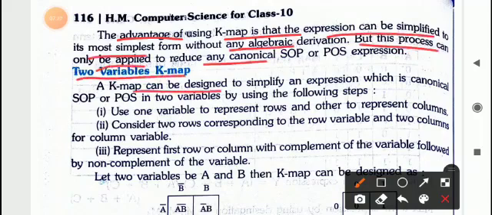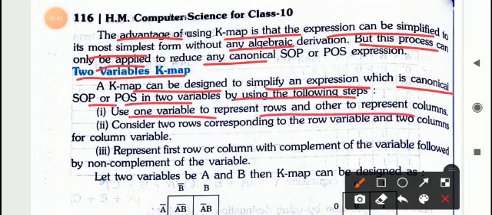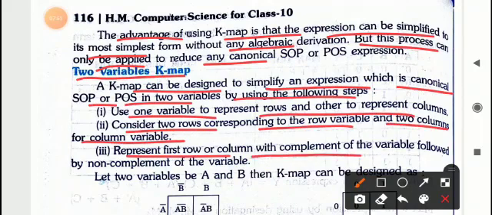A K-map can be designed to simplify an expression which is canonical SOP or POS in two variables by using the following steps. Use one variable to represent rows and the other to represent columns. Consider two rows corresponding to the row variable and two columns corresponding to the column variable. Now represent the first row or column with the complement of the variable followed by the non-complement of the variable.